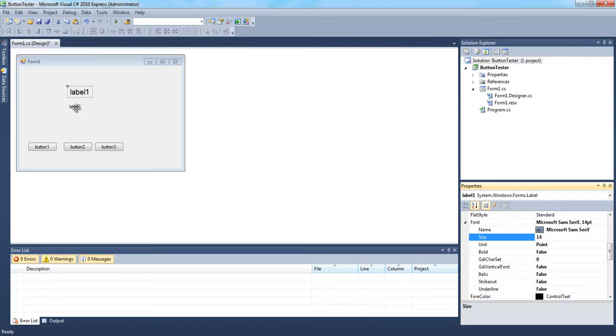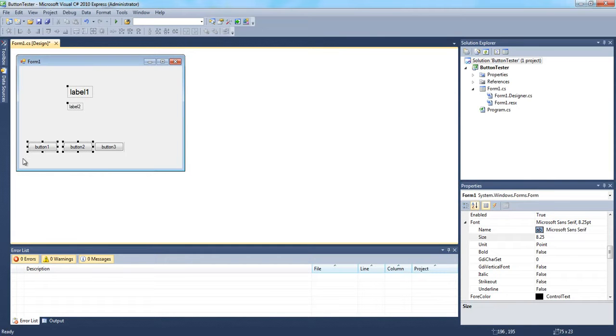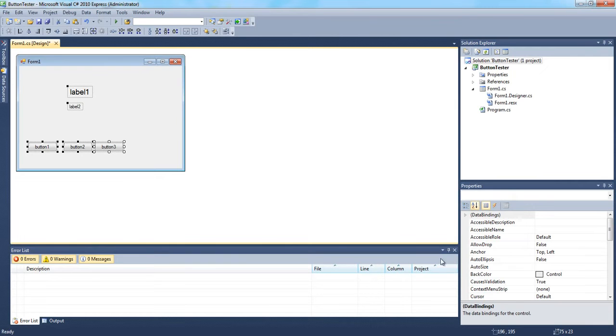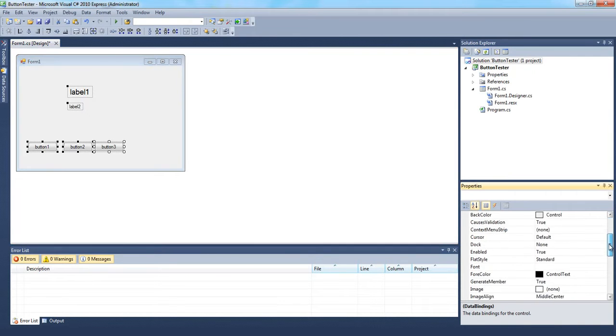And now I could go to all of these individually and set the font. But because of the fact that they are all controls, they all share a certain basic number of properties. One of those being the font size. So I can left click, hold my mouse button down, and select all of these. And you'll notice that there are quite a few less properties in our property window. That's because it only will display the ones that are shared or common amongst all of them. So now I can go to the font property,